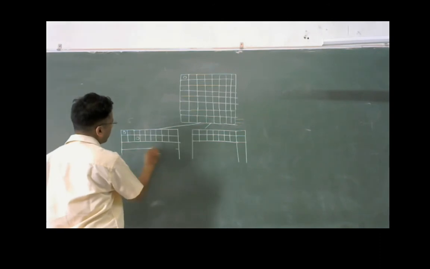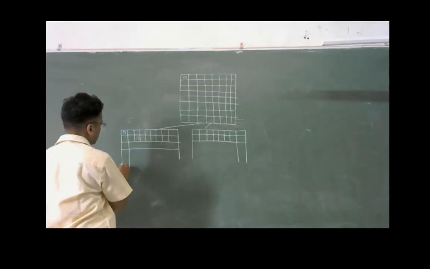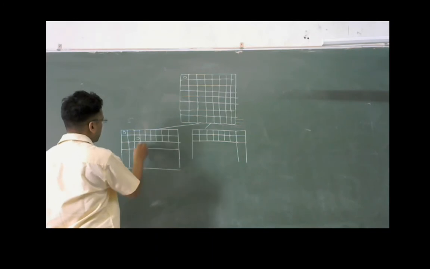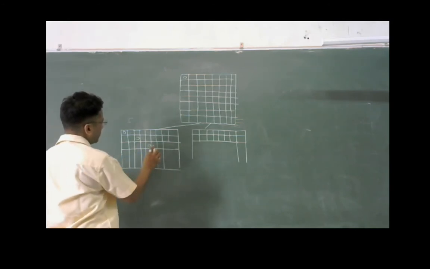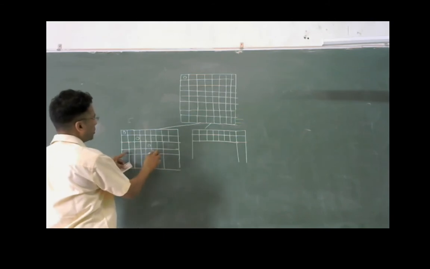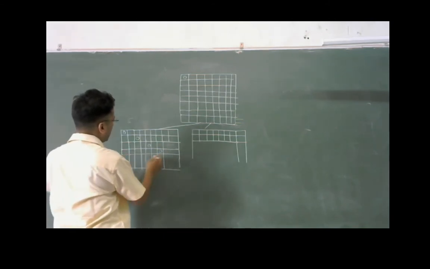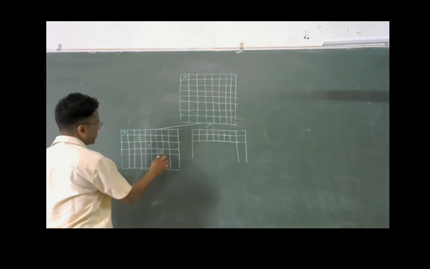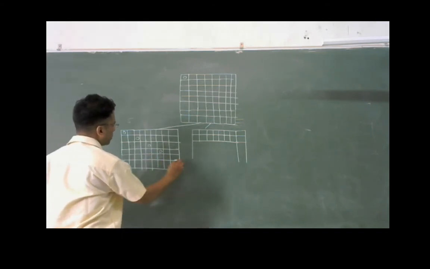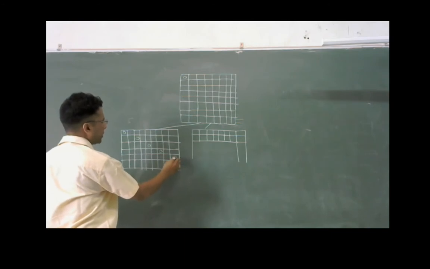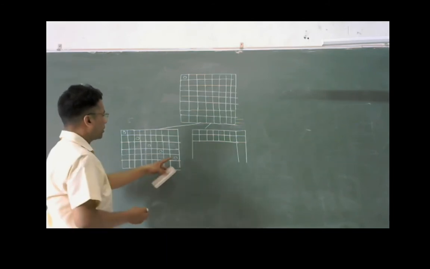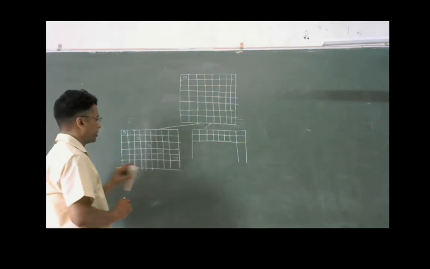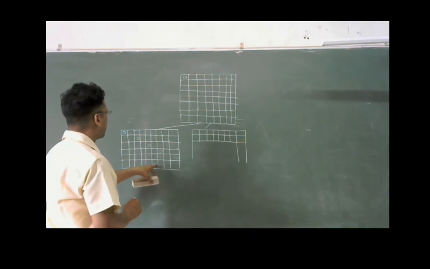After that, I am trying to find a solution for that. So after placing this queen, for the third, I can place it here. After placing the third, I can place the fourth here. Okay, and after placing the fourth one here, the fifth I can place here. Okay, the fifth can be placed like this. For the sixth, we cannot place any further because all the positions are hit.